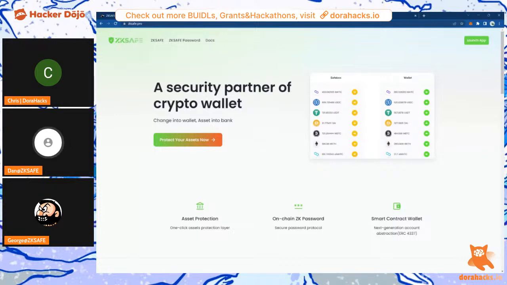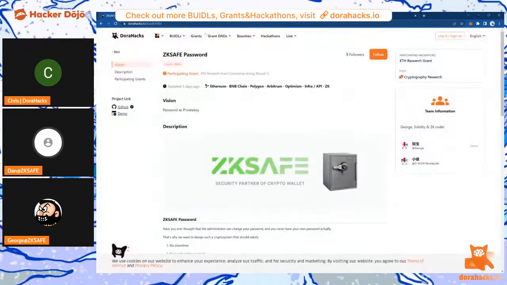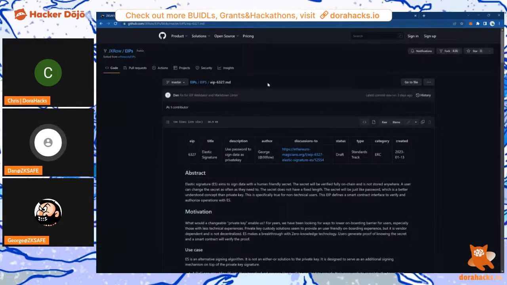And they are quite technical. For regular users, it's a huge barrier. So what we're trying to design is a solution that's suitable for Web2 users, and even somebody who is new to the internet. So we came up with a password-based solution, and we just recently submitted our EIP.